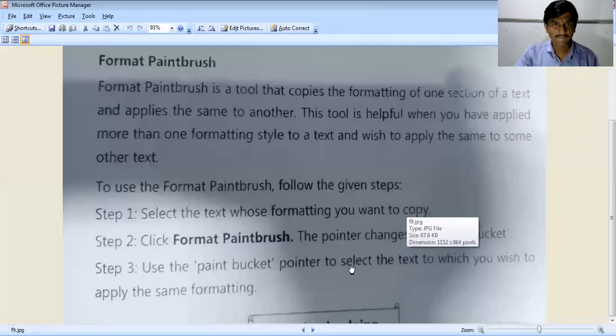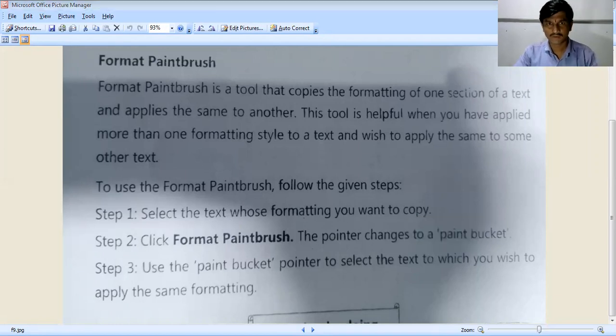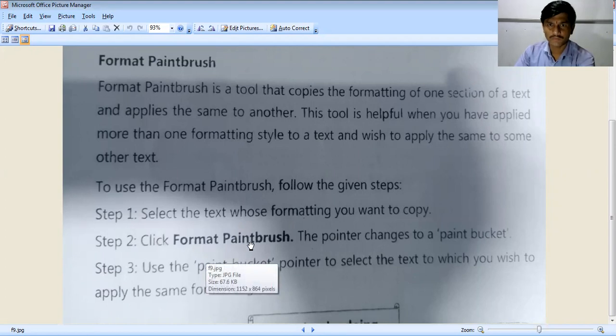Now see here, select the text whose formatting you want to copy. Now I will select the text. See, I have selected the text. Second, select format paintbrush. The pointer changes to a paint bucket. So where is that? We'll check it. Here is the option, format paintbrush. Highlight, background, you have to check all these things.